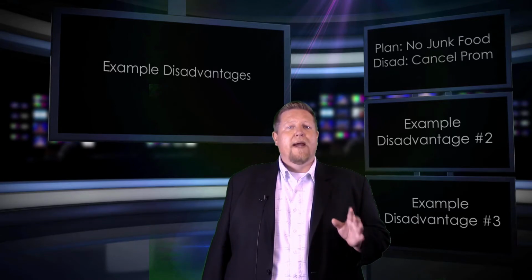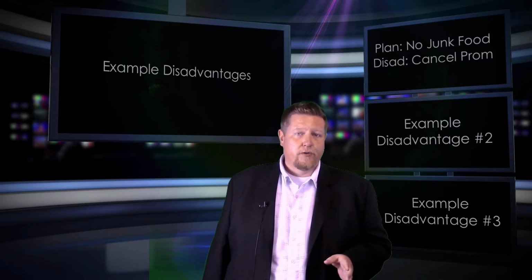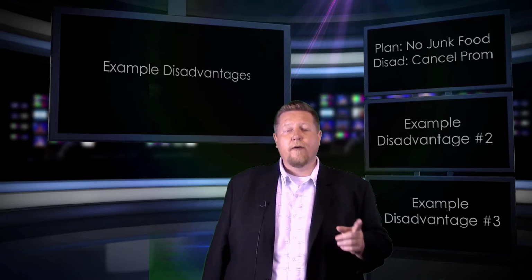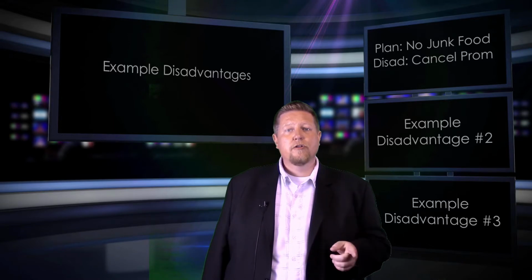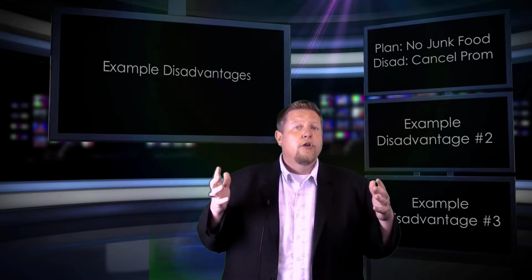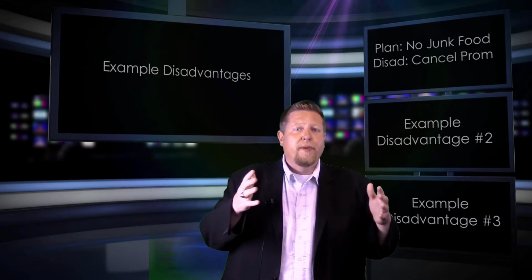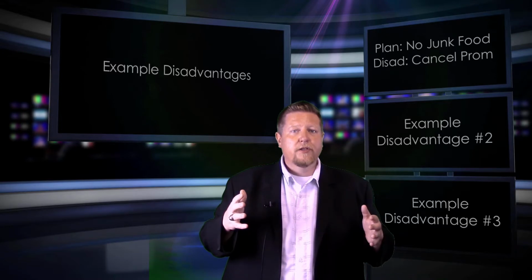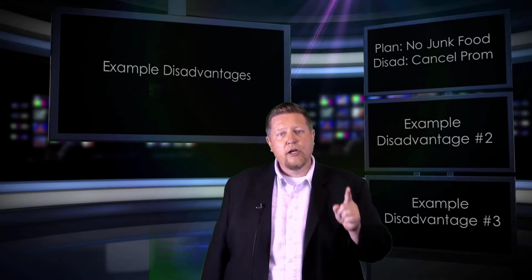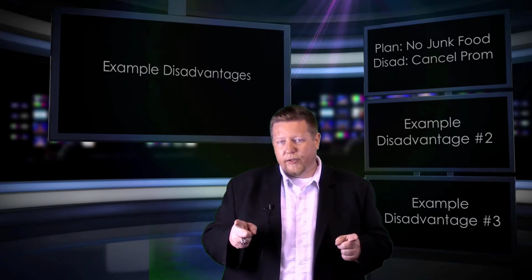Let's say the government mandated that no unhealthy products could be sold in the vending machines in your high school. Now, as a student, you might argue that this will cause a significant drop in the revenue from the vending machines because students prefer sugary drinks and unhealthy snacks, and since the school uses that money to pay for prom, the government mandate may cause prom to be canceled this year. We call this example the prom example, and the thesis of the dissent is that passing the affirmative plan to eliminate unhealthy vending machine snacks and drinks will cause prom to be canceled.